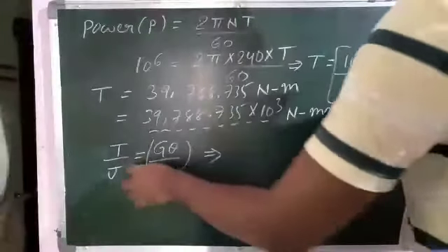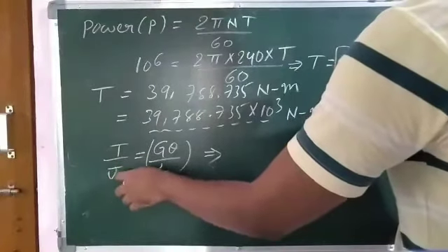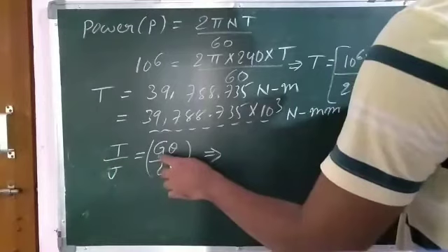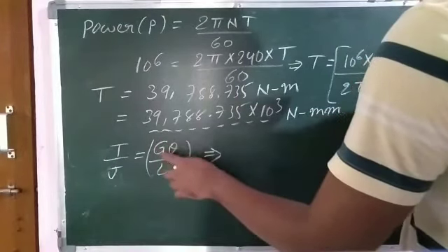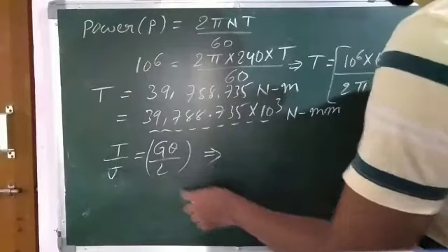So here we have the torque value and the polar moment of inertia. We don't know the diameter of the shaft, so we need to calculate the diameter. Here again the shear modulus is already given. We have the angle of twist, and the length of the shaft is equal to 15 times the diameter.